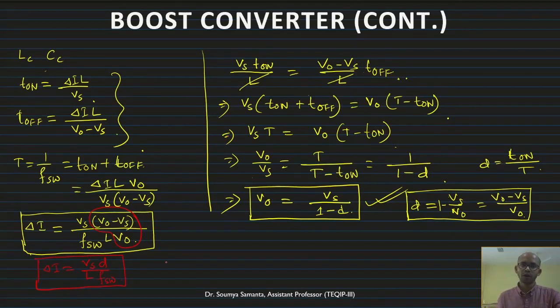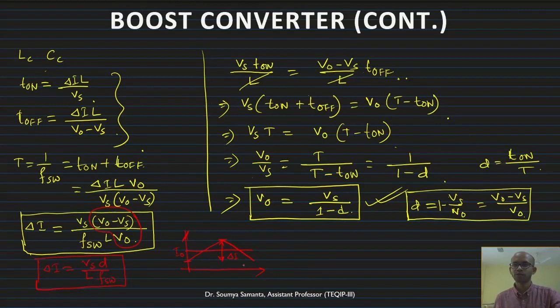Okay, now if I consider I1 equals 0, and I2, what is the maximum value of delta I we can get? Suppose this is the value of the output current I0, and from this value to this value, what is the maximum delta I? This is the delta I. What can be the maximum value of the delta I?